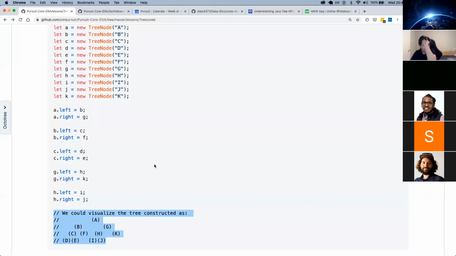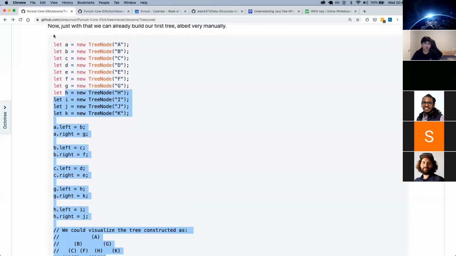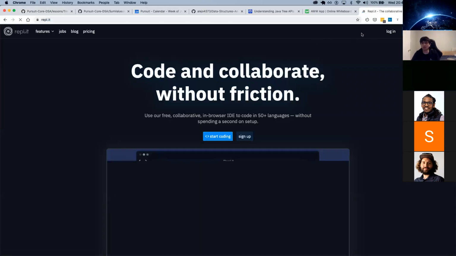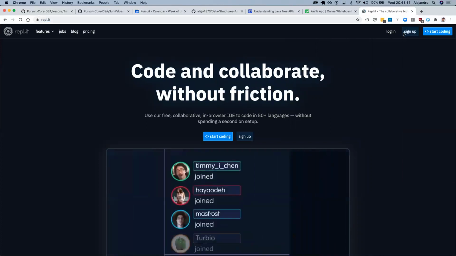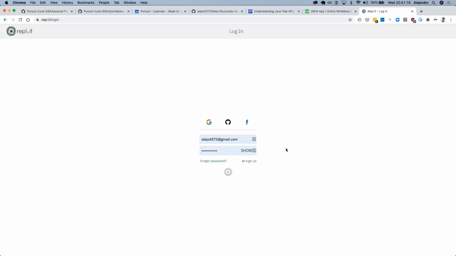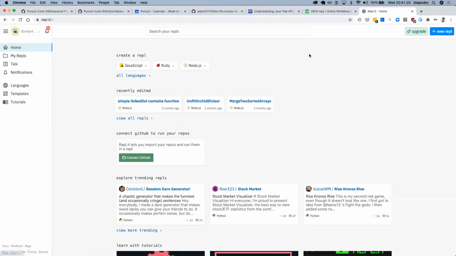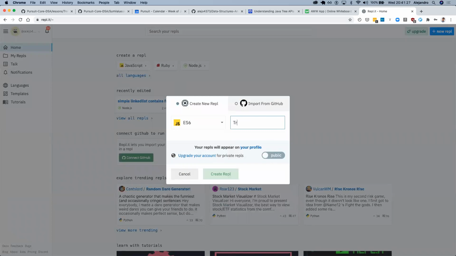And that's sort of this next exercise. So I'm going to copy this to a REPL. You should too. Open a REPL and copy that code. Alex, how can you send the link to the code?